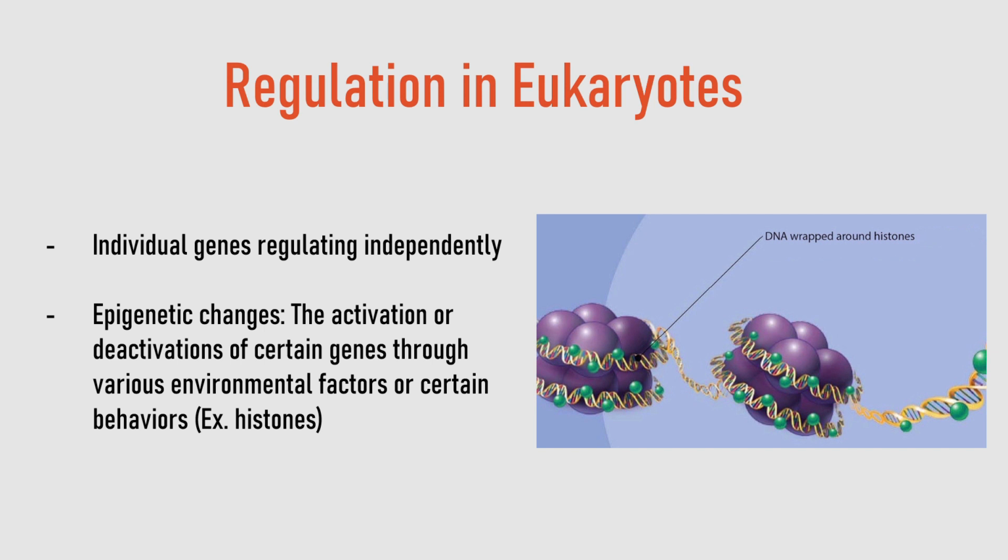In eukaryotes, control of gene expression is more complex and can happen at many different levels. Eukaryotic genes are not organized into operons, so each gene must be regulated independently. In addition, eukaryotic cells have many more genes than prokaryotic cells. Regulation of gene expression can happen at any of the stages as DNA is transcribed into mRNA and mRNA is